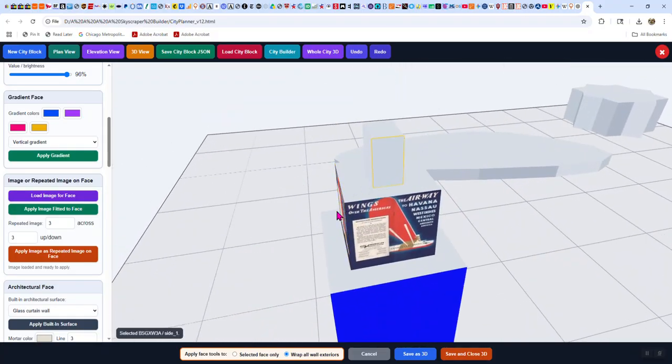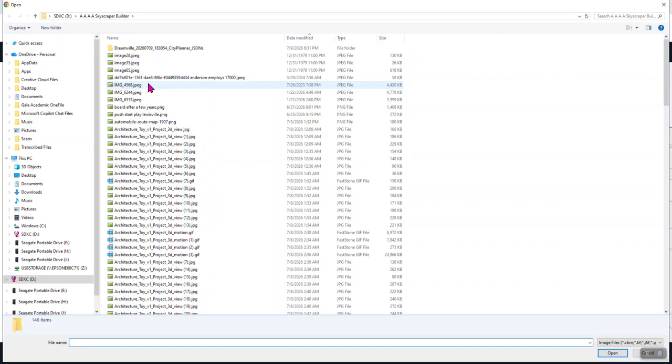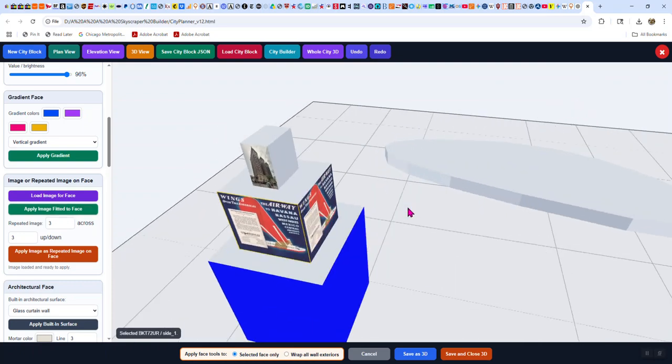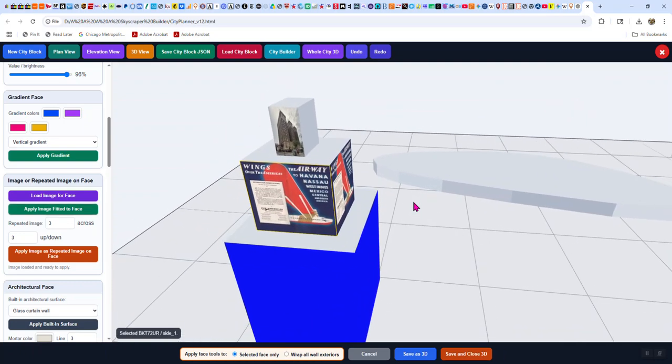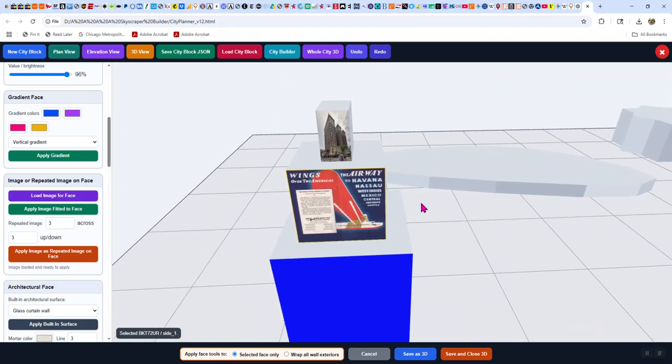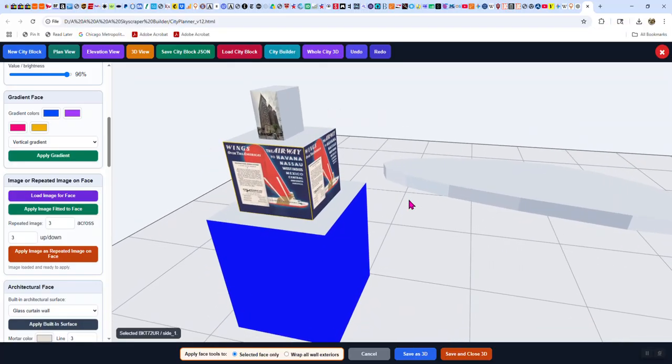So let's go to the top one, and we could put 4 different images. Let's try loading another one of these guys. Well, I think they're different maps and things. I don't know. And I'm up here. No, I want to put a single face, and now apply it fitted to the face. And oh, it's a photograph I took, I think. Anyway, it's a cool old building. It might be the General Motors headquarters, the old one, in Detroit. And so you could go ahead and put a different image on each one.